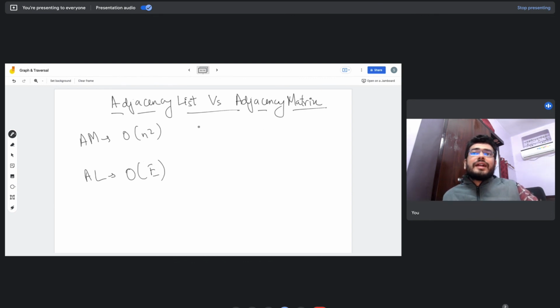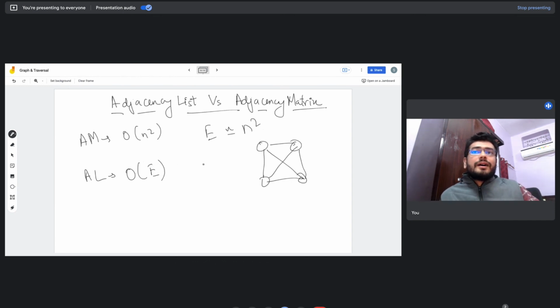Now there are some types of graph wherein the number of edges is comparable with the square of the number of nodes, that is, number of nodes multiplied by itself. Such a graph would be one where each of the nodes is connected to most of the other nodes. In that case, whether we use this structure or that structure, the time complexity is almost the same.